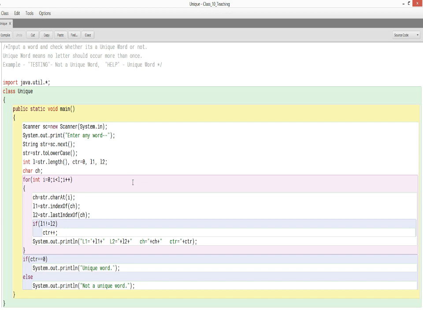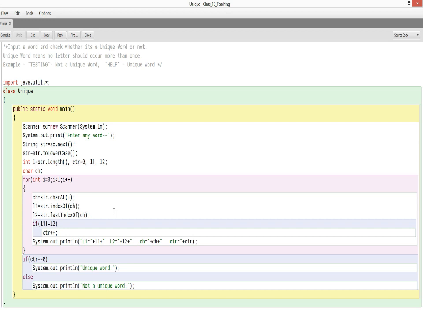This is a usual traversal loop where int i equals 0, i less than L, i plus plus. That means it starts from the first letter and moves on to the last letter. Now ch equals str.charAt(i), this line is used for extracting the letter at position number i. Initially it will be 0, next 1, then 2, then 3 till the length.